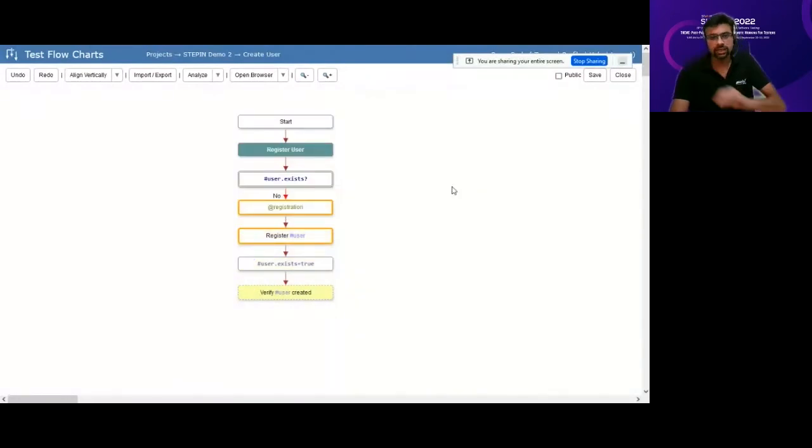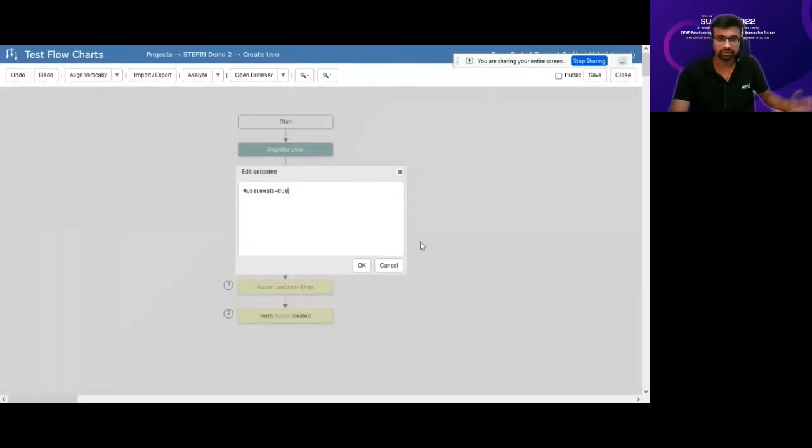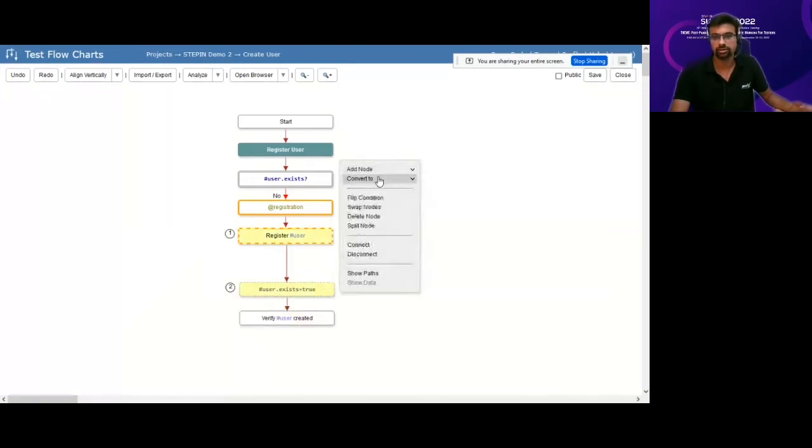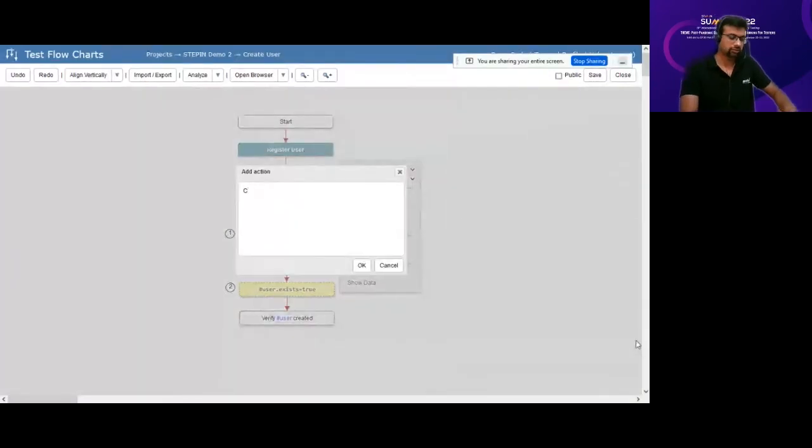Okay, now I'm going to add something in between. You see how I move around, right? I can undo, redo, I can shift click to actually select whatever is beneath and then move it. I can insert a node between to actually say, okay, add node, sorry, add node, I want an action saying confirm registration. I know that I need something in that, since I've seen the application, so I know that.